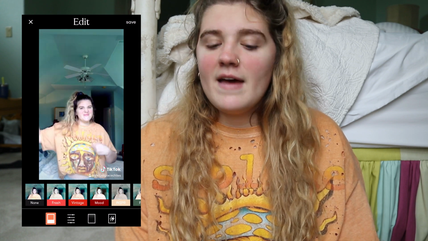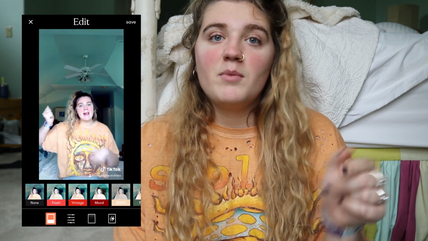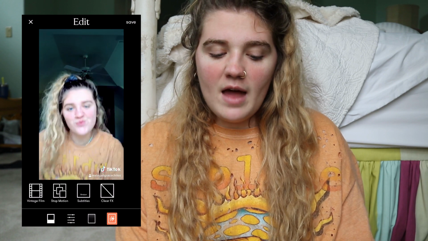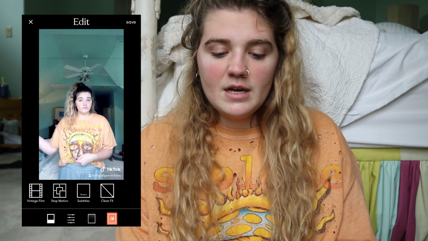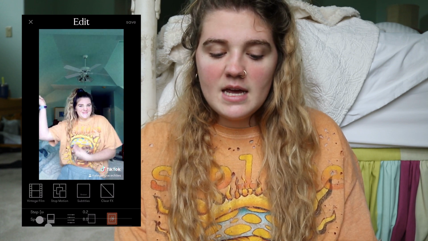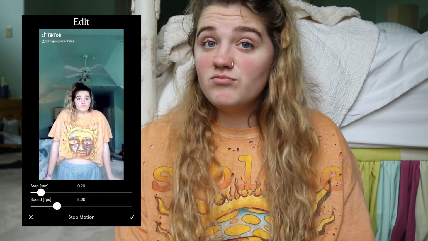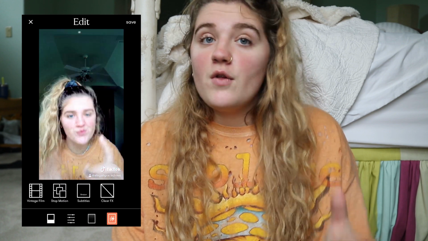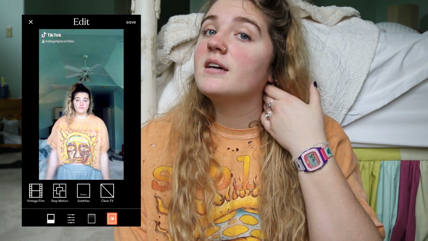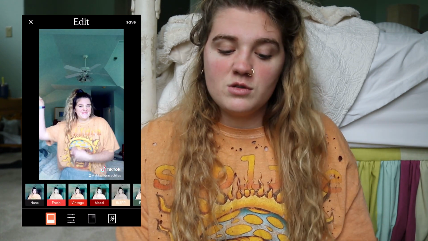for video effects, there's a little twin lightning bolt in the far corner. You would click on that, and you can add vintage film to it, and it adds little speckles and stuff to it. Super fun, love that. And then you can also do stop motion, which is a fun feature that's new. So those are the things that I would normally do to a video,